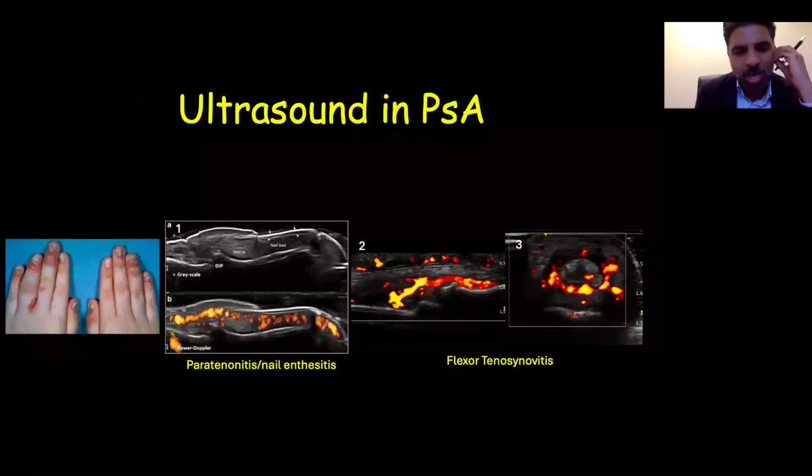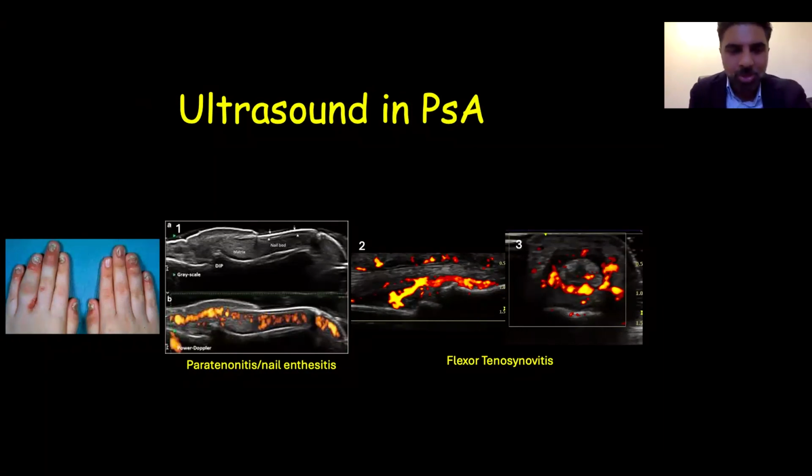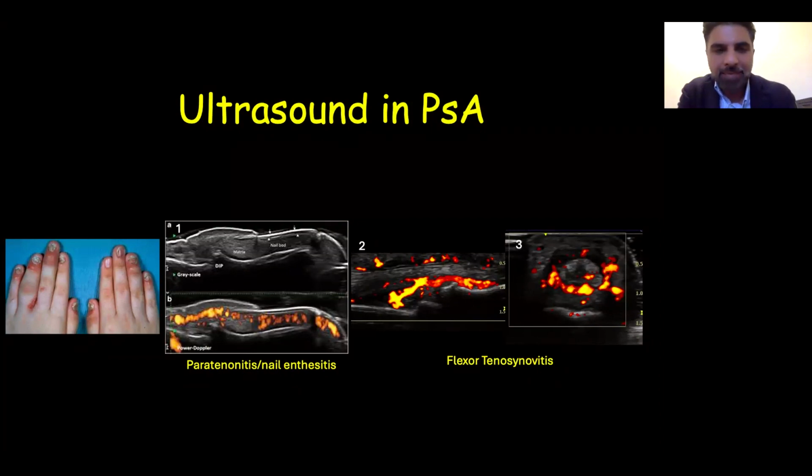Focusing a little bit on ultrasound in PsA, it is very similar to rheumatoid arthritis. We tend to see synovitis, which is inflammation around the joints. We see tenosynovitis. We can see erosions, but less common. But one of the commonest things about psoriatic arthritis is that it affects the extensor tendons a lot more, or the tendons in general. So we tend to have more of an intense Doppler activity around the tendons, but also